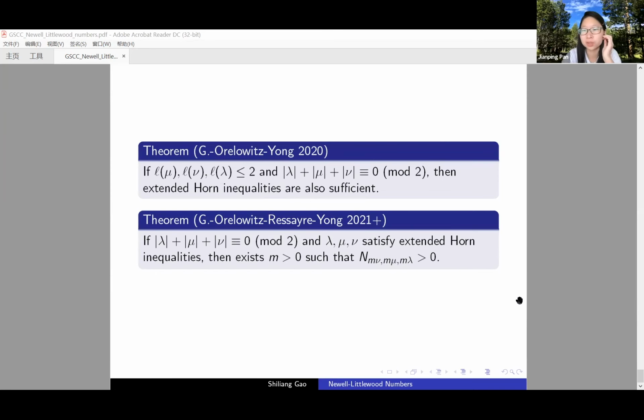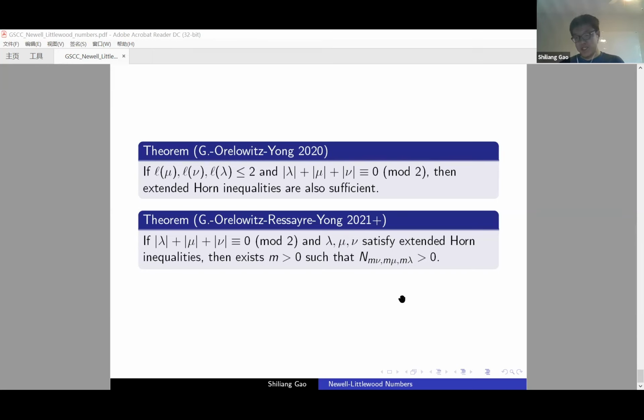I have a question. In the second theorem, you said there exists m. Do you have a prediction on what m is? That's a very good question. I think it was in 2012, Steven Sam proved that